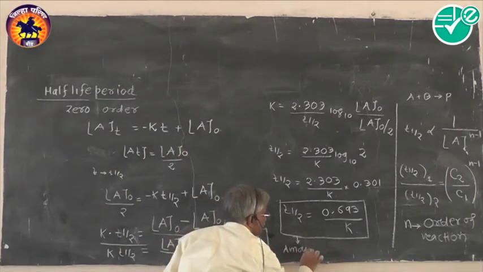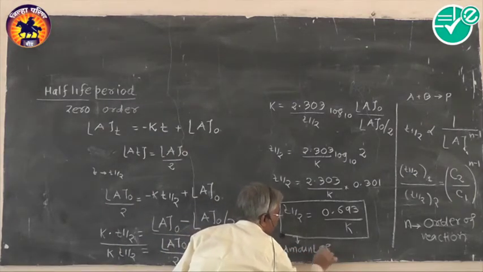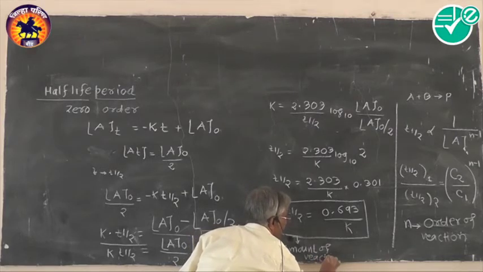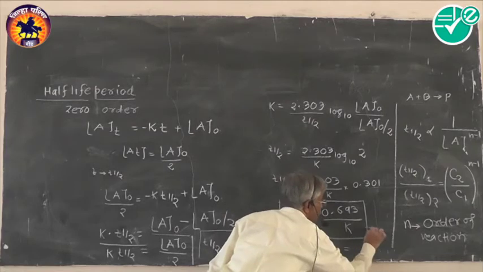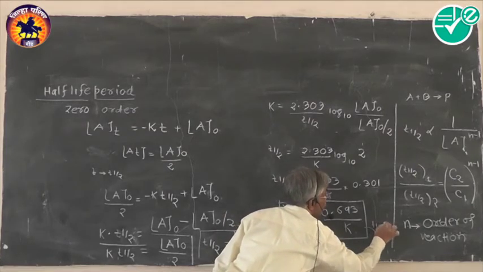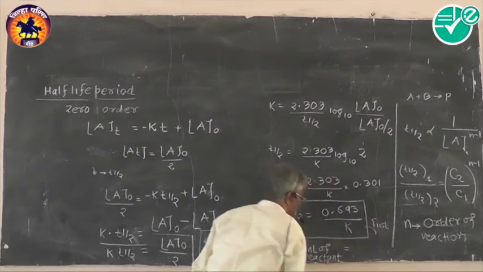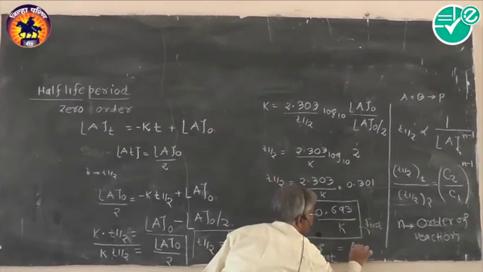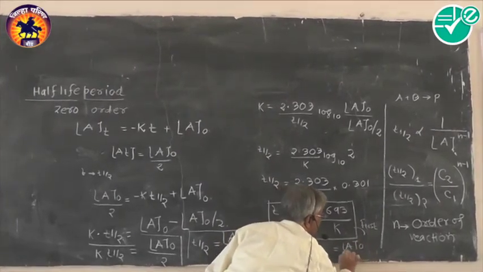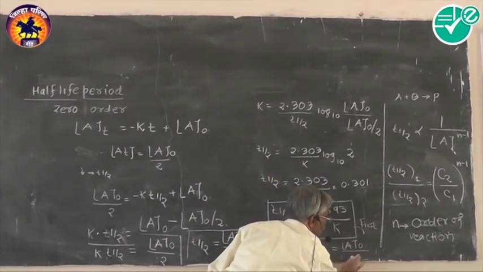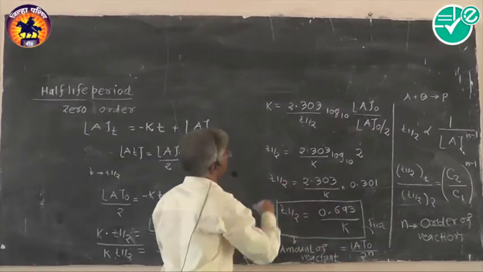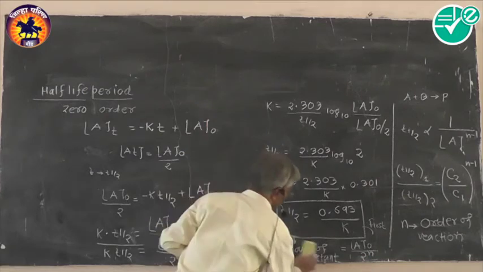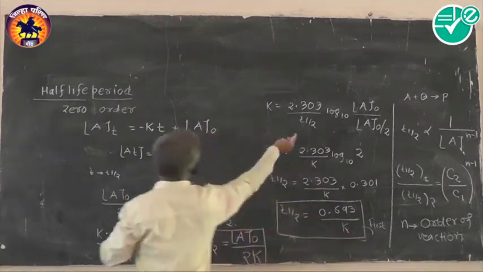The amount of reactant left behind is always given by an equation for first order, A0 divided by 2 raised to n. I will write it here. For first order reaction,